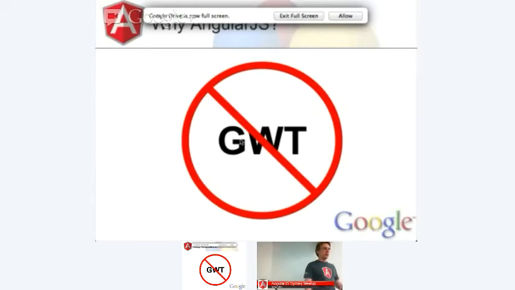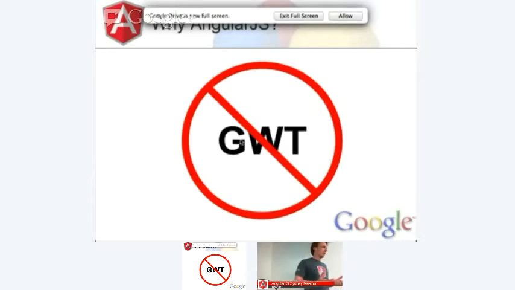In terms of why Angular in particular, there's obviously a lot of other client technologies that you could be looking at. Knockout.js is quite similar in terms of its data binding model and things like that. Then you've got things like Backbone and so on, and many of these are very good technologies in their own right. The reason we chose Angular in our narcissistic way was because it was developed at Google. So that meant that if something went wrong, we could talk to the Angular team and say, hey, fix this, because we're trying to be early adopters of your technology.